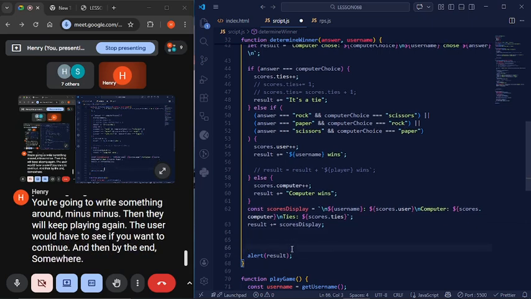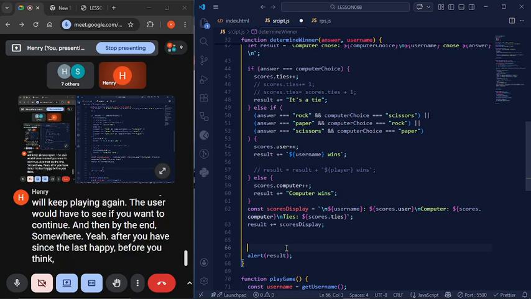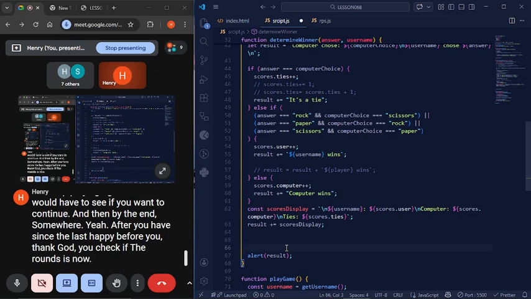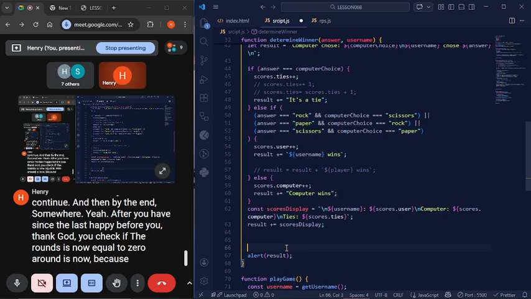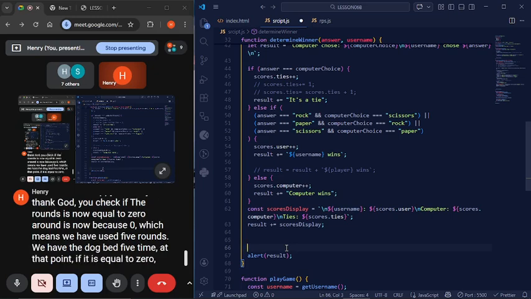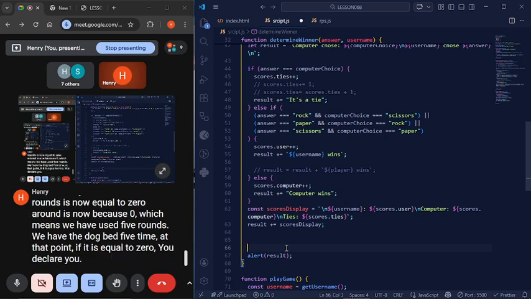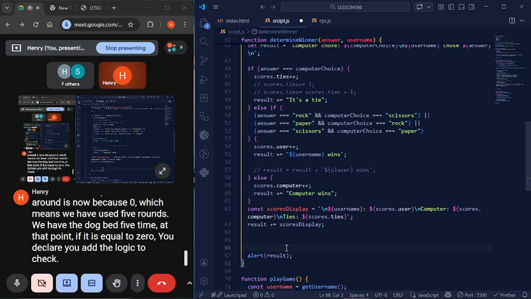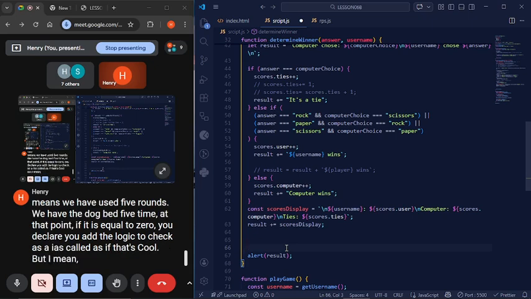And then by the end, somewhere here, before you send the alert, you check if the rounds is now equal to 0. Rounds is now equal to 0, which means we have used 5 rounds, we have deducted 5 times. At that point, if it is equal to 0, you add logic to check who has a higher score. That's if computer score is greater than player score, computer wins. If player score is greater than